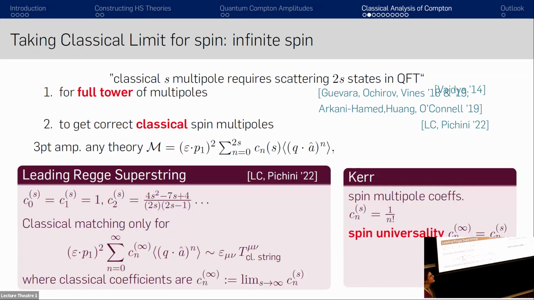Now you can ask, should I interpret the spin universality of the 3-point amplitude as a property of the Kerr QFT or as a chance that happened at 3 point? And that's up to you a little bit, right? You can decide if that's your feature. I would say it's extremely hard to get true spin universality to work because you have